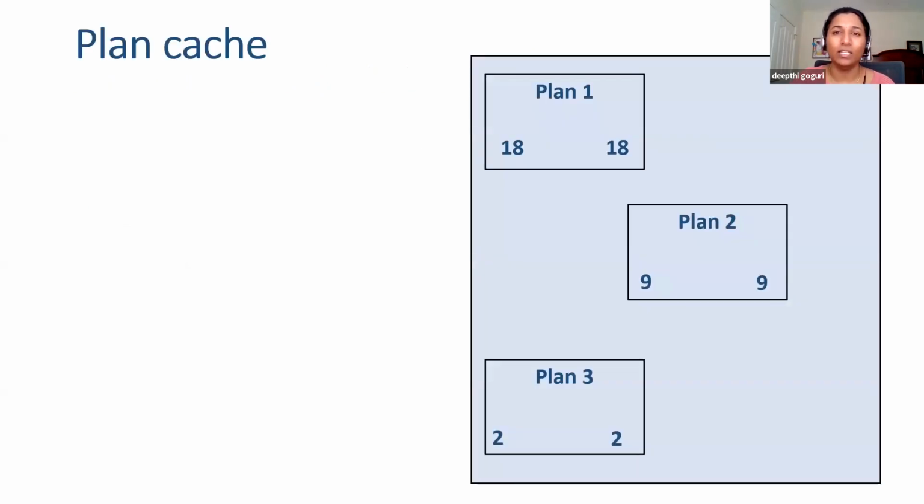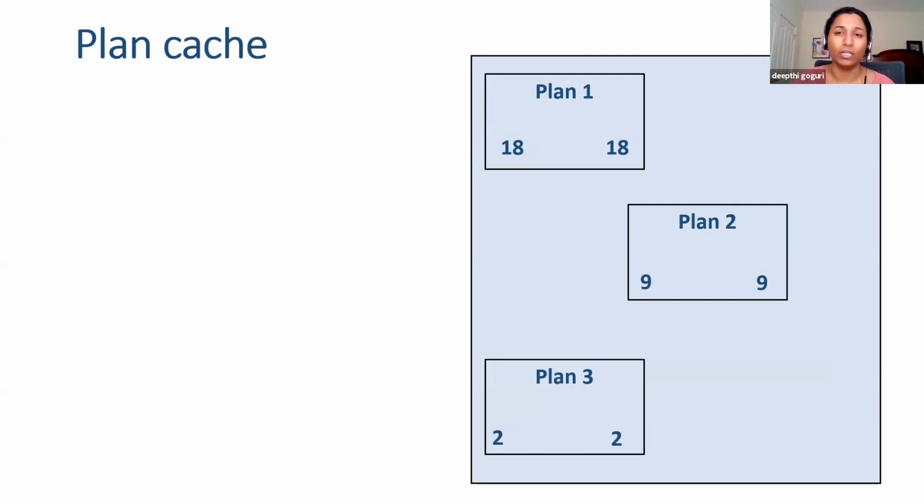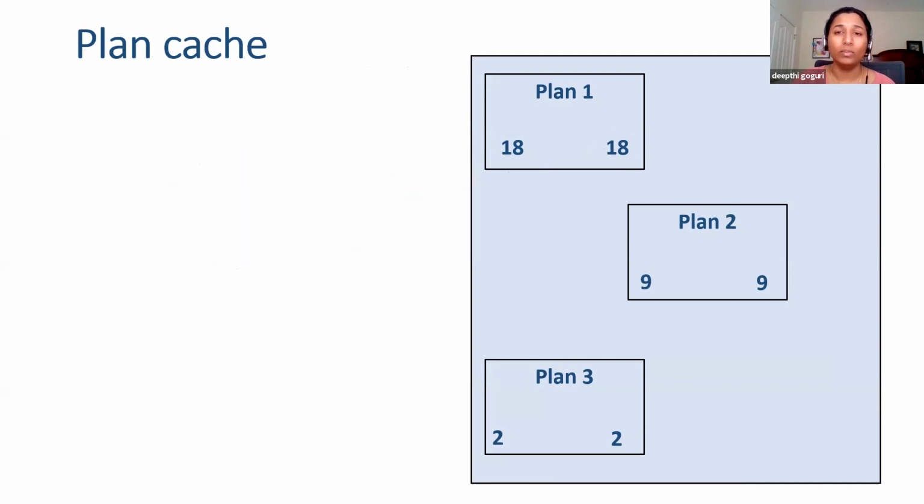The right side diagram which you are seeing is my plan cache, and we have 3 execution plans in it. On each object inside the plan cache, we have 2 numbers at the bottom. The left side number is known as the complexity cost value, and the right side number is known as the complexity countdown value. Now, when the lazy writer gets kicked in every minute by SQL Server automatically,